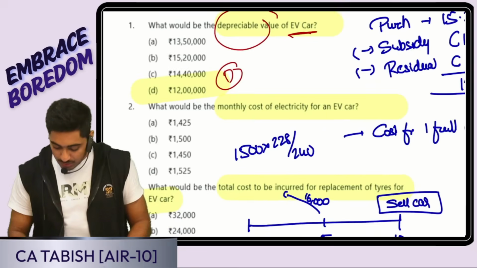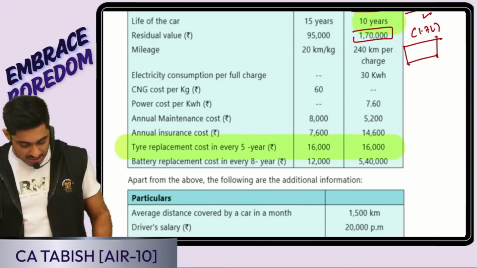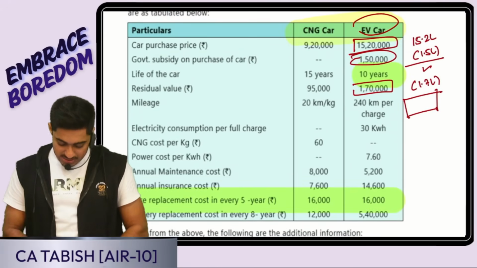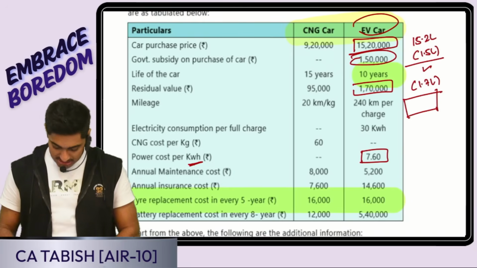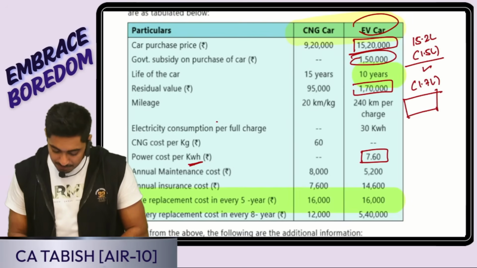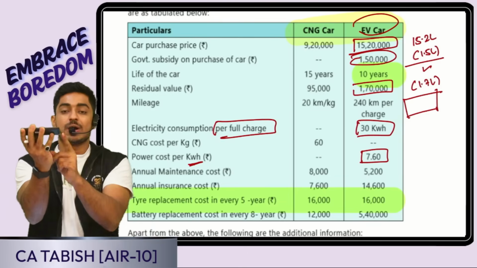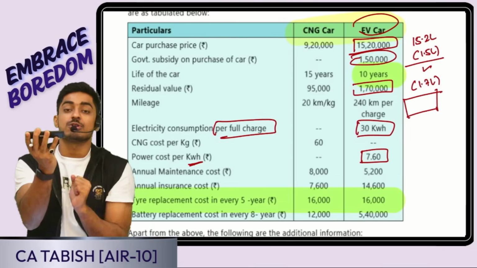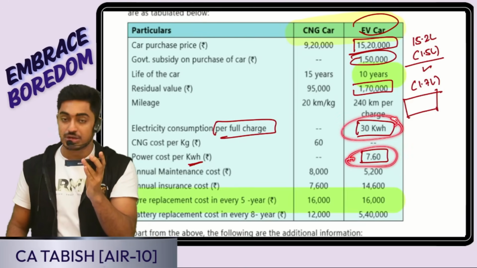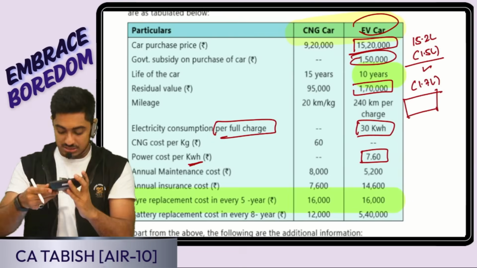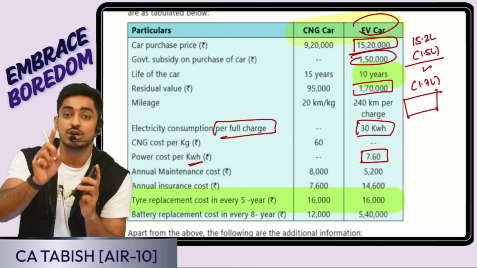Fine. Second one, what is going to be the monthly cost of electricity for an EV car? For EV car, electricity cost I'll have to see. Now, if you see the question, EV car, yes, power cost per kilowatt hour. For 1 kilowatt hour, how much is the cost? 7.6. And tell me, electricity consumption per full charge is going to be 30 kilowatt hour. Suppose this is my EV car. Okay, one time to fully charge this EV car, how much kilowatt hour of power is required? Sir, 30 kilowatt hour of power is required. And for 1 kilowatt hour, how much is the cost? 7.6. That means one time to charge it fully, how much is the cost? Sir, 7.6 into 30, it is going to be 228 is going to be the cost to charge the car